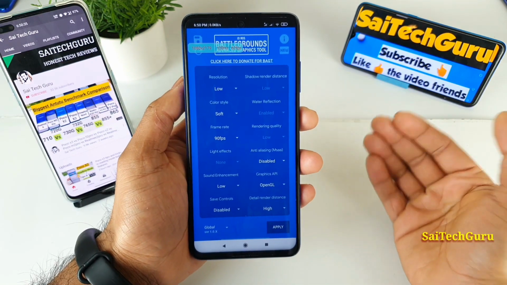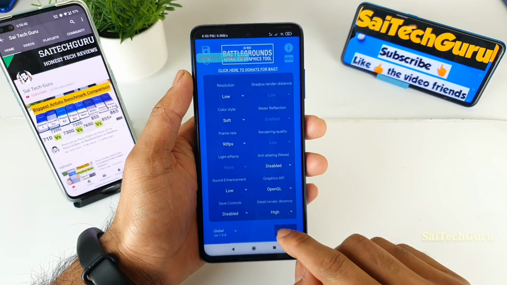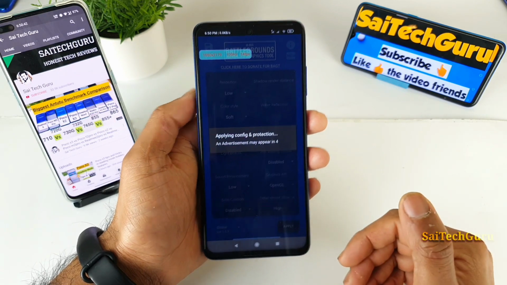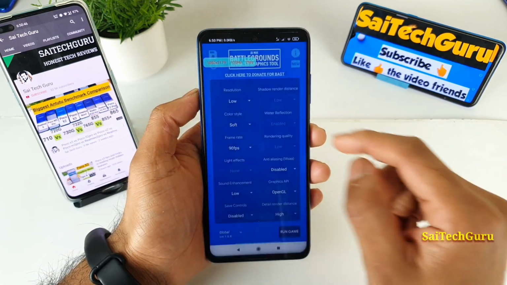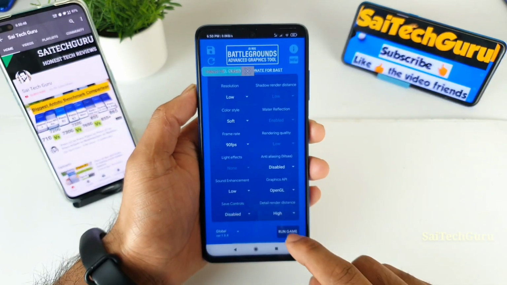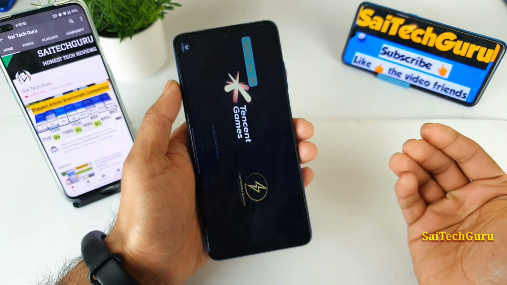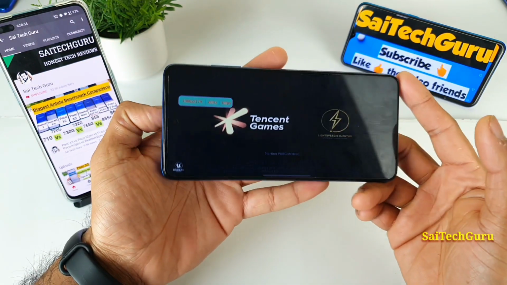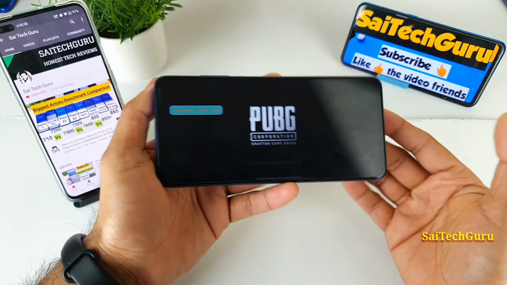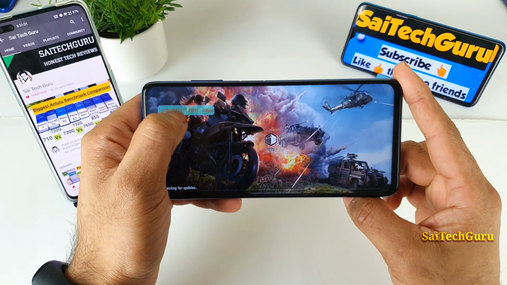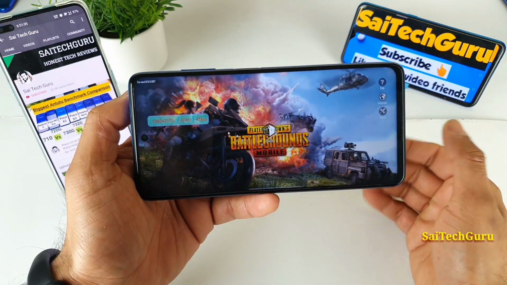So next, test 2, I'll try to change the settings and let's see whether it will work or not. Let me try to apply these settings. I did try plenty of other GFX tools, but if you use this default GFX tool application, you won't get 90 FPS. Maybe if you're using other third-party GFX tool applications, they will show 90 FPS or even 120 FPS. But if you use this default FPS count meter, you won't be getting that kind of 90 or 120 FPS.